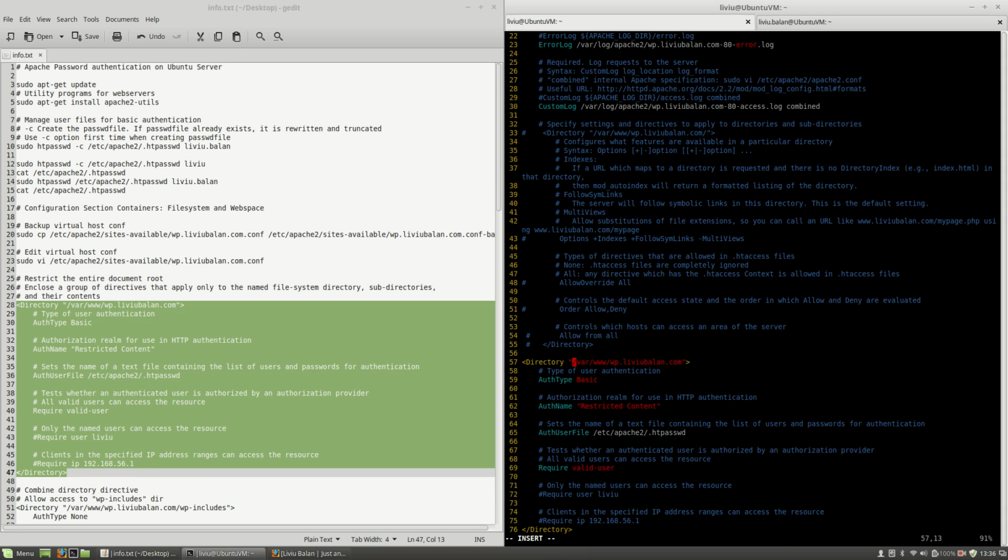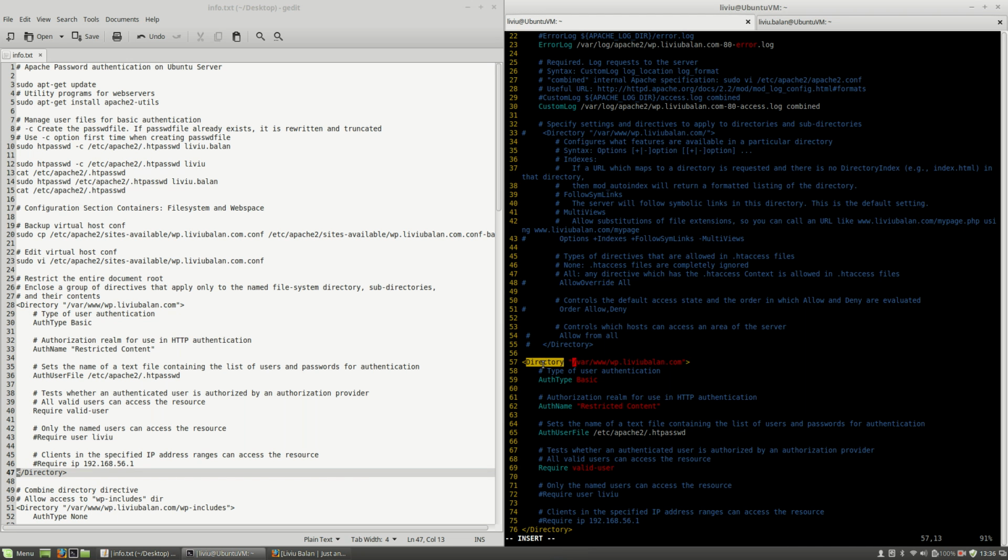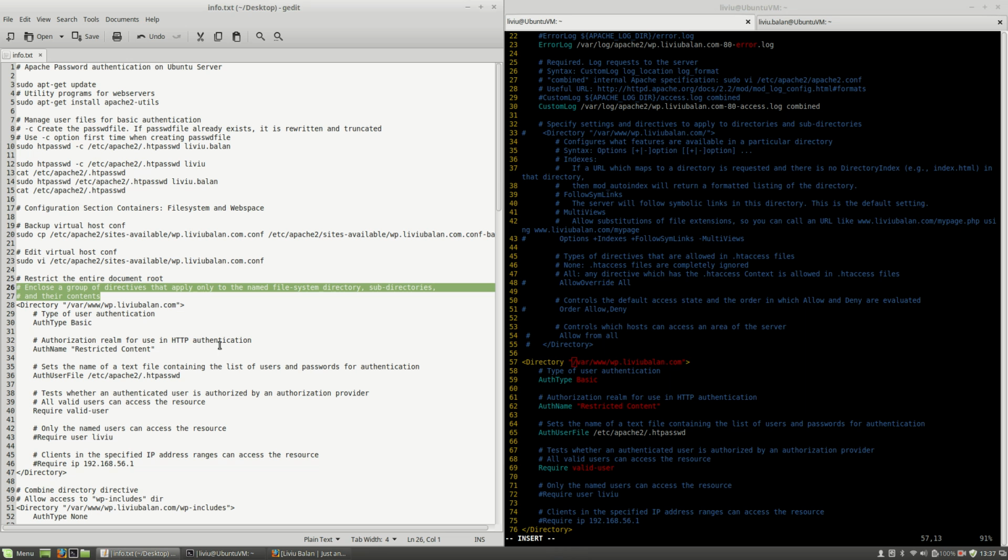So, as you can see, the first directive that I use is the Directory directive. This includes a group of directives that apply only to the named file system directory, subdirectories, and their contents. I can copy and paste this comment here,